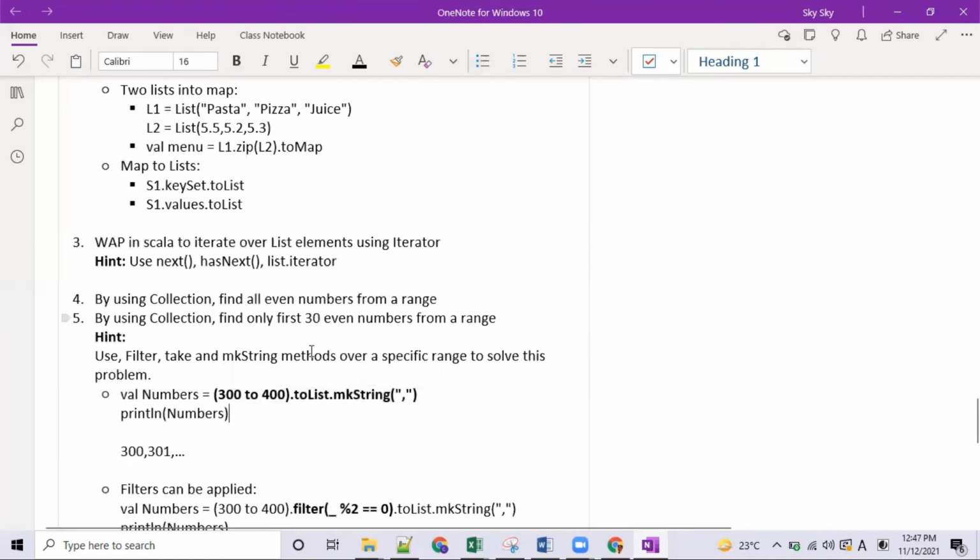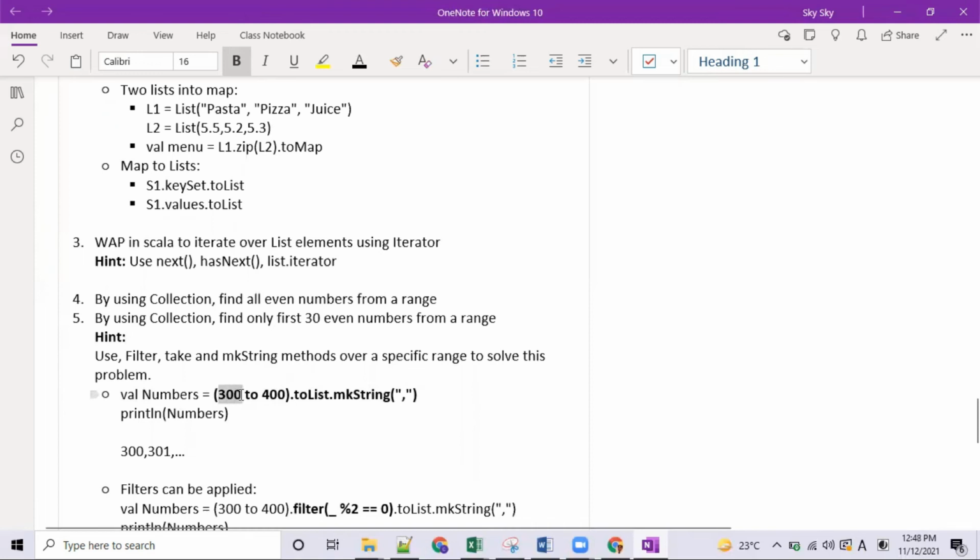If we want to apply a range from 300 to 400, you simply use these brackets and use "to". So 300 to 400 would create numbers for you, but you have to store them into some kind of collection.